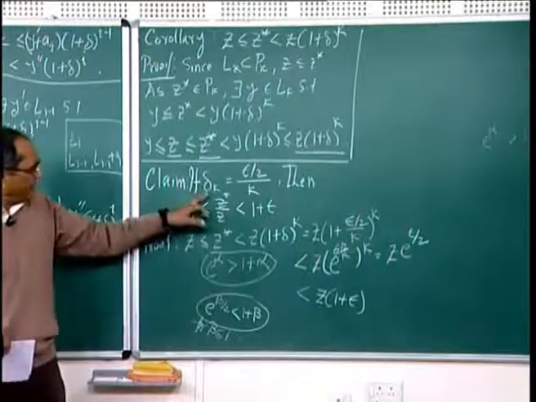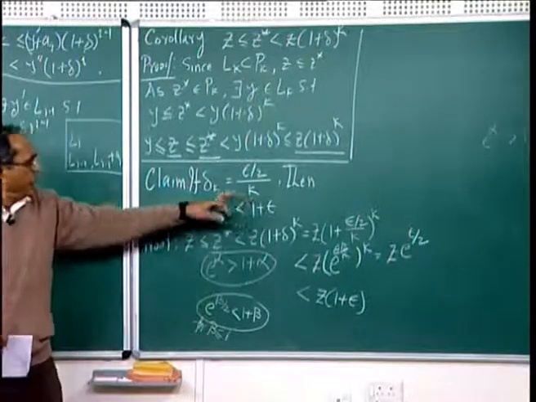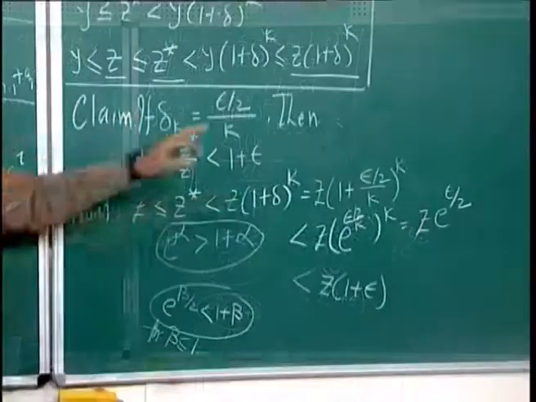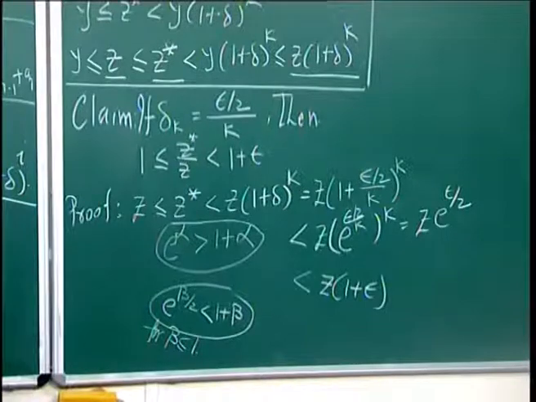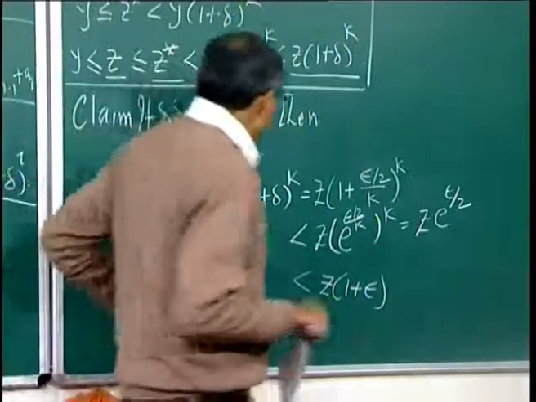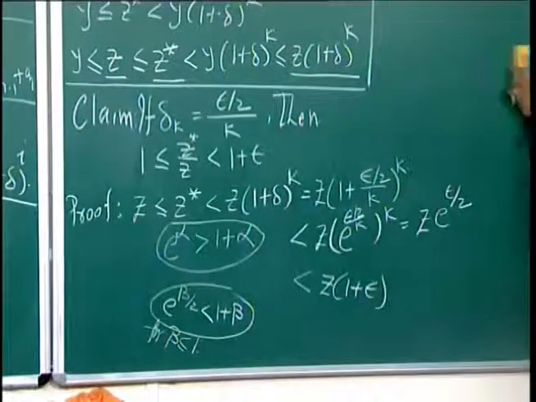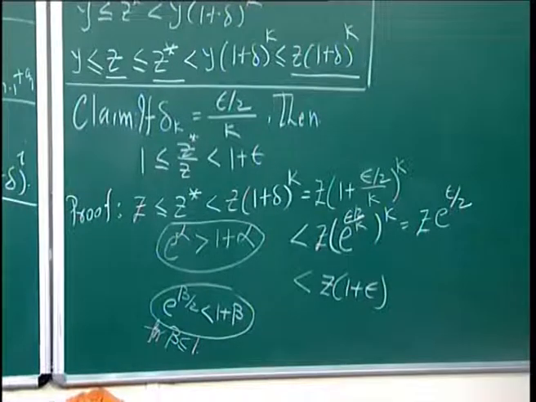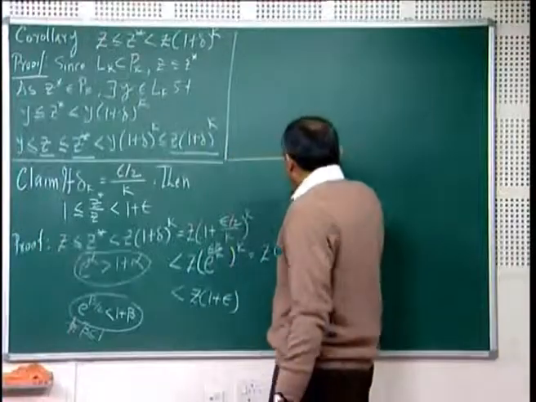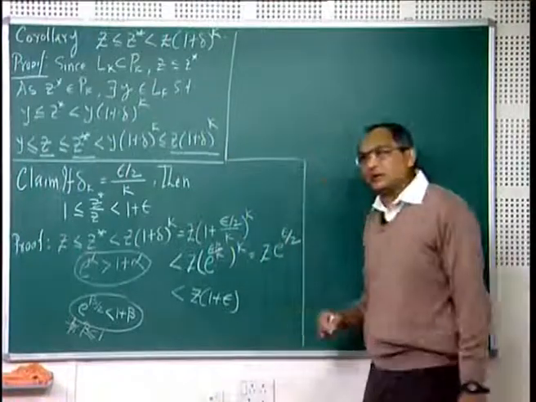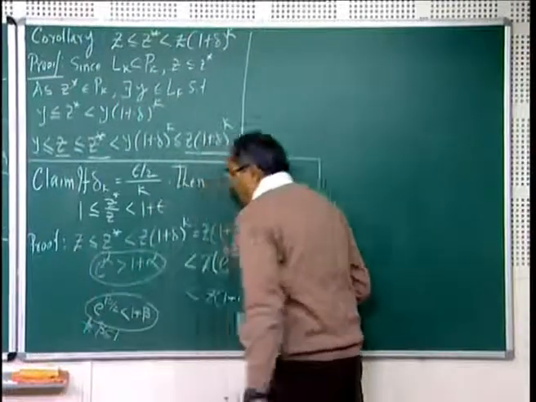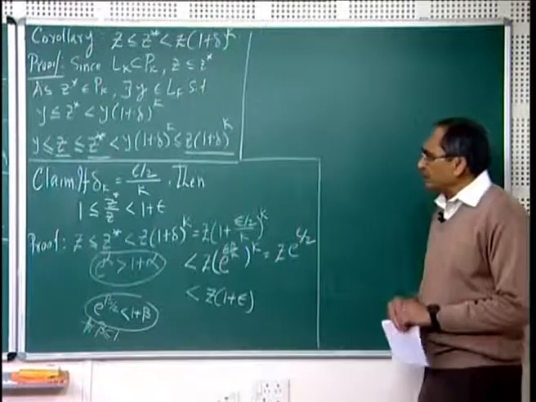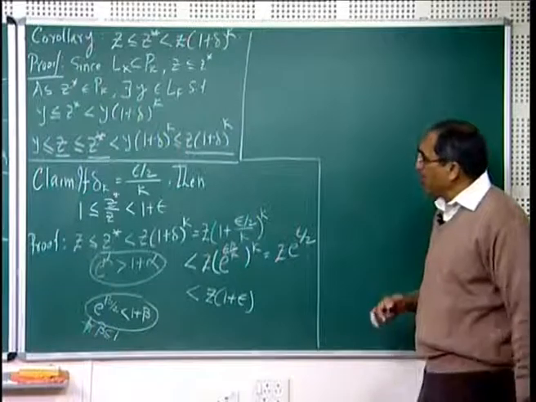So, by choosing delta as epsilon by 2k, we have found a number z close enough to z star. So, that establishes the correctness of the approximation. So, the question now is, what is the time complexity, what is the space complexity? Well,